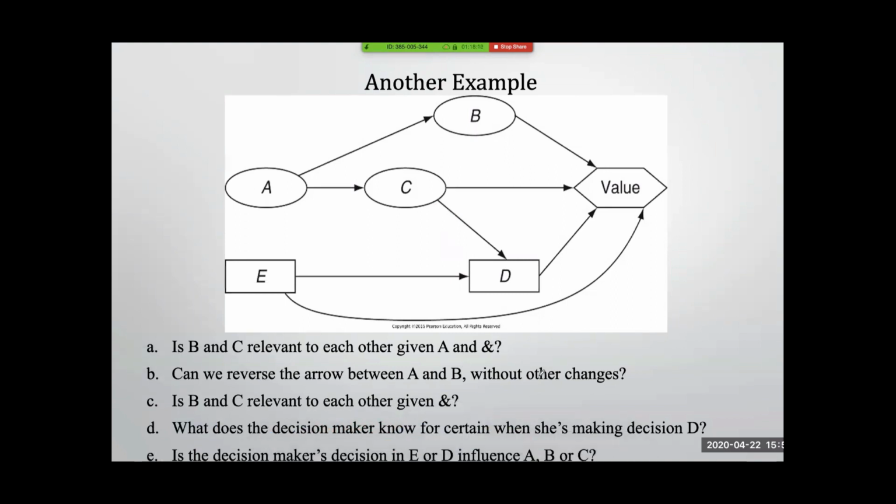Neither decision E nor decision D is influencing any of these three uncertainties. Okay, so be prepared to encounter such questions in the midterm. Just make yourself more familiar with